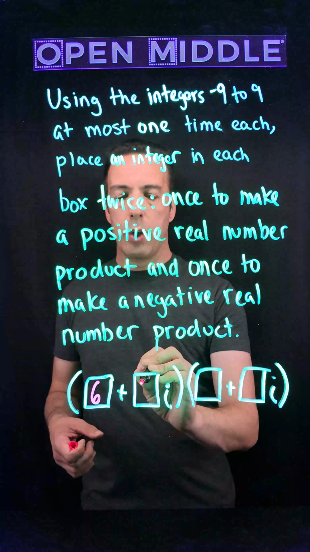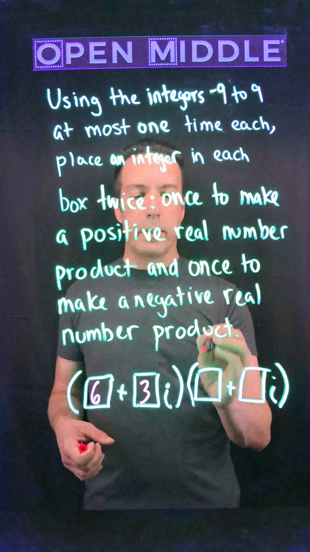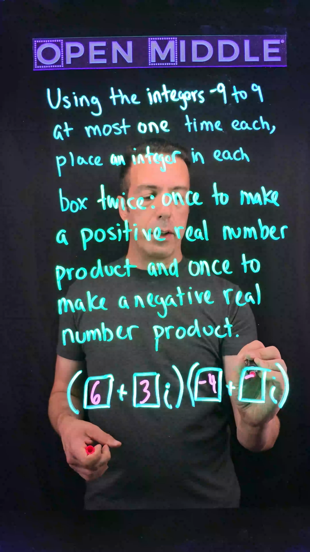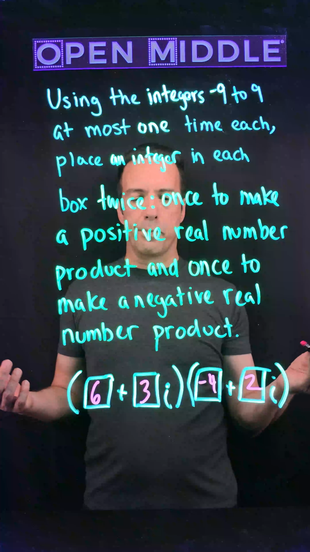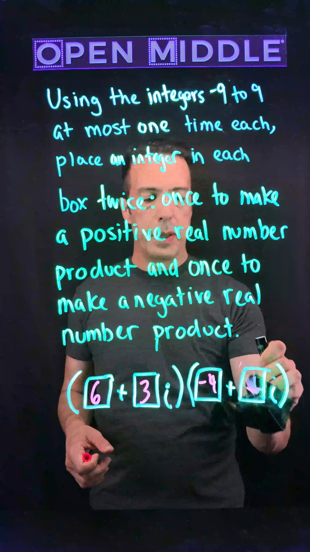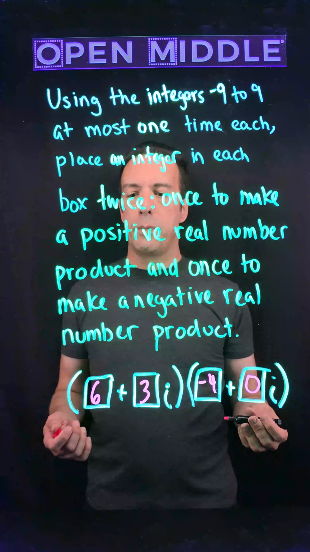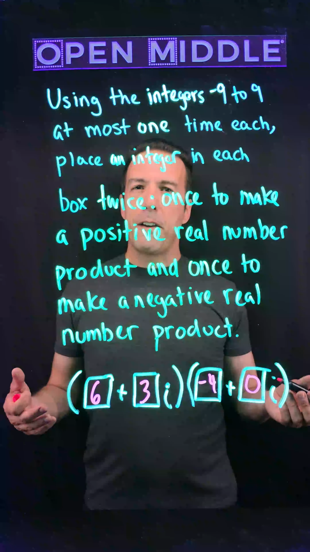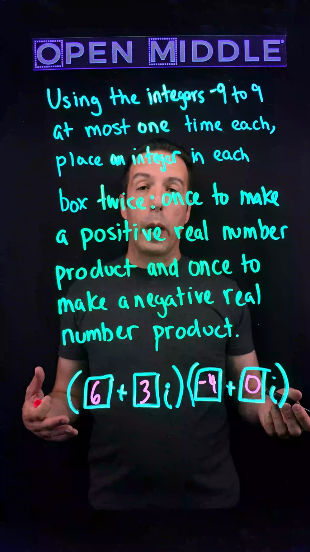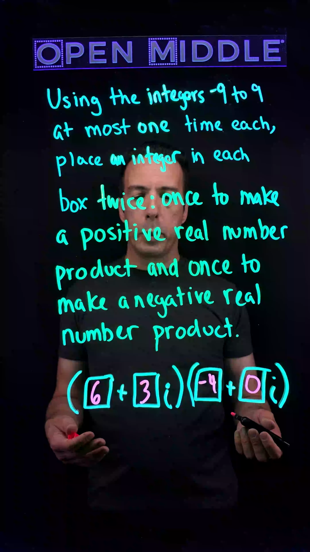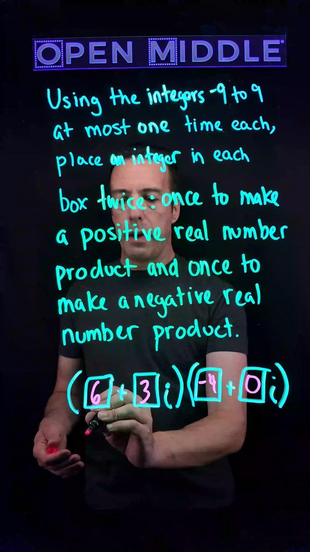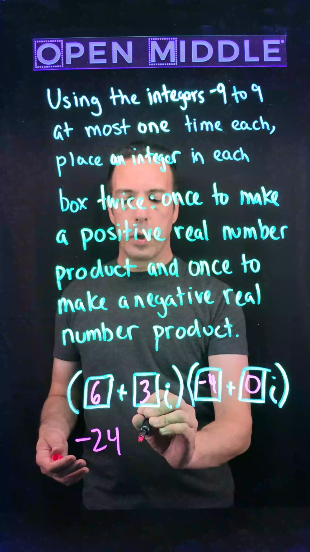So we'll do 6, 3, we can use negative numbers, -4 and 2. I don't know, let's actually make that a 0. I don't know why, but that feels kind of good right now. Make it a 0. Maybe that's the idea, we'll get rid of that. So I'm not a big fan of thinking of it as FOIL as opposed to the distributive property and multiplication. But so we have -24 plus,